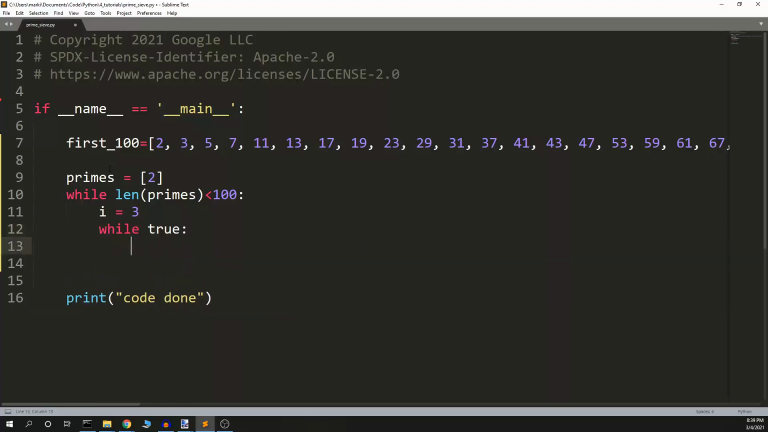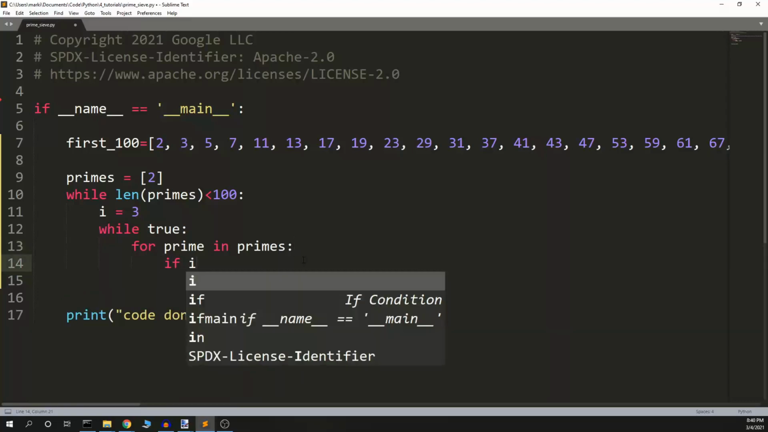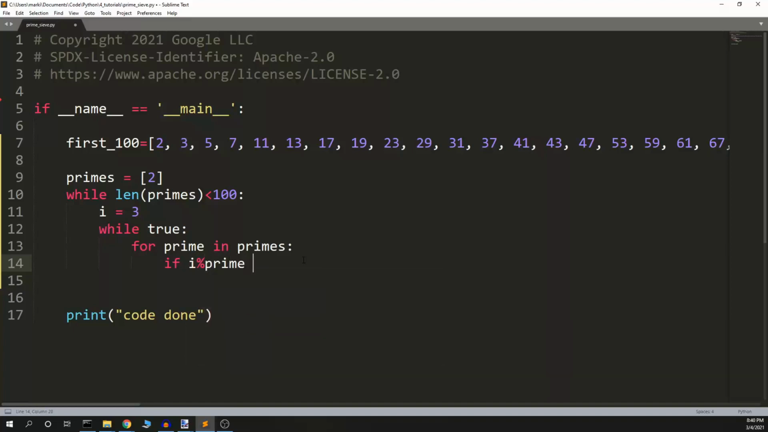Let's see. For prime, now we'll go through each of the existing primes and try to divide our candidate by an existing prime, and if none of them have a modulus of 0, then we know this candidate is prime. So for prime in primes, so this will start with 2. If i divided by prime, or not divided by, i modulus prime equals 0, then